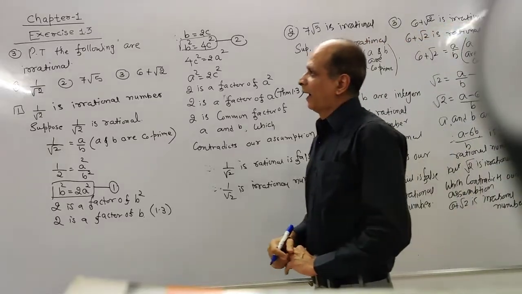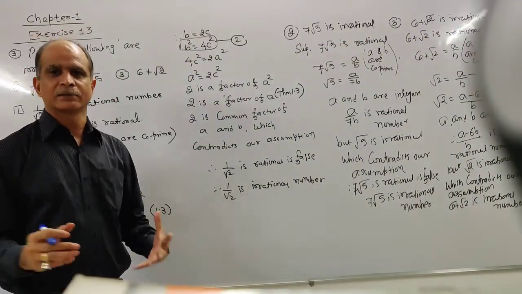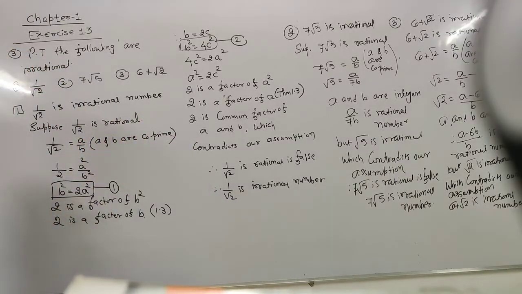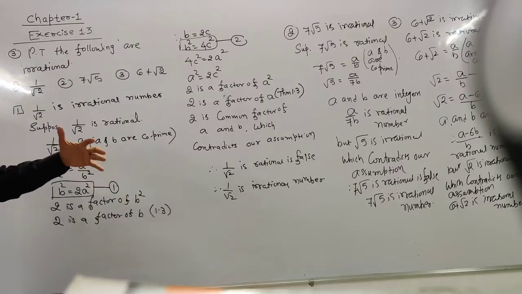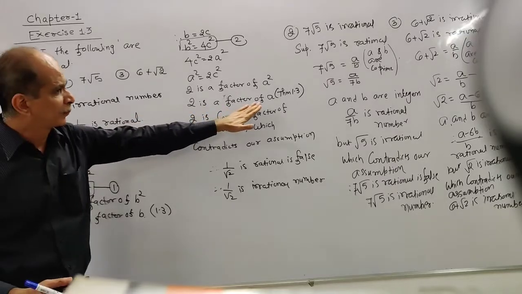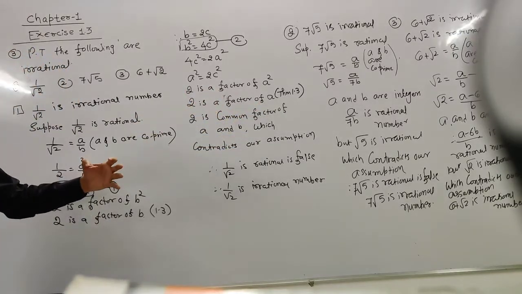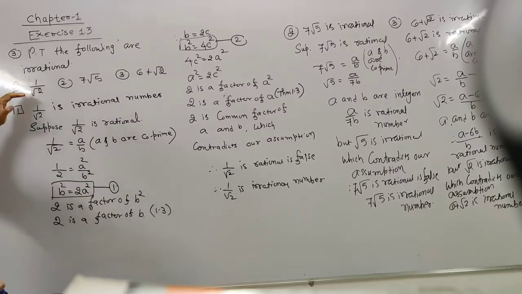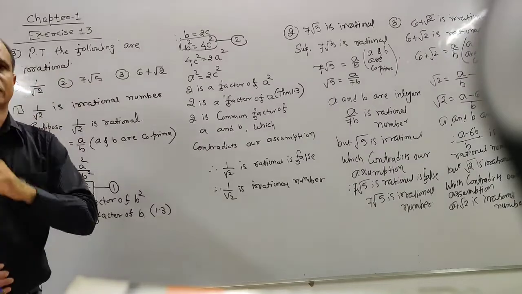Well, so here we have completed exercise number 1.3. Only 3 examples are there. First example, that is prove that under root 5 is an irrational number. Second example, 3 plus 2 root 5 is an irrational number. In third one, there are three examples. Again, you have to use the same method, that is concept of rational number. Then you have to use theorem number 1.3, and by method of indirect proof or by method of contradiction, you can show that the given number is an irrational number.